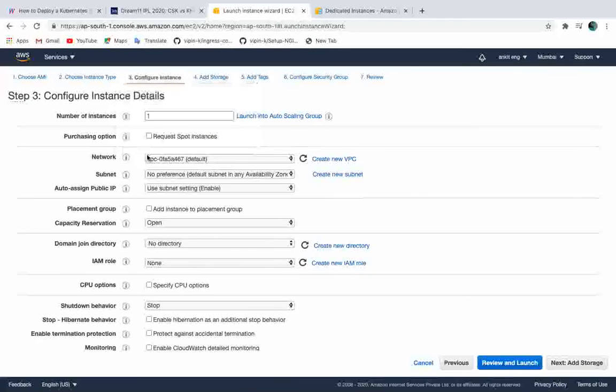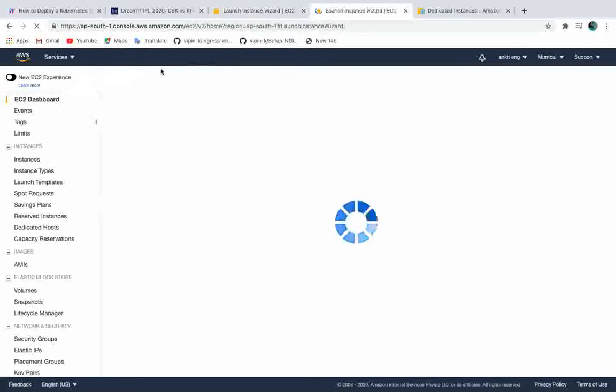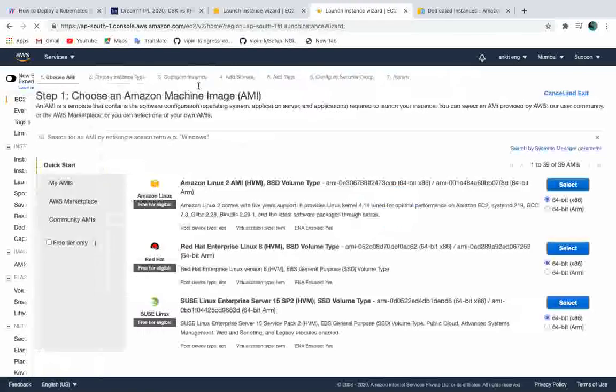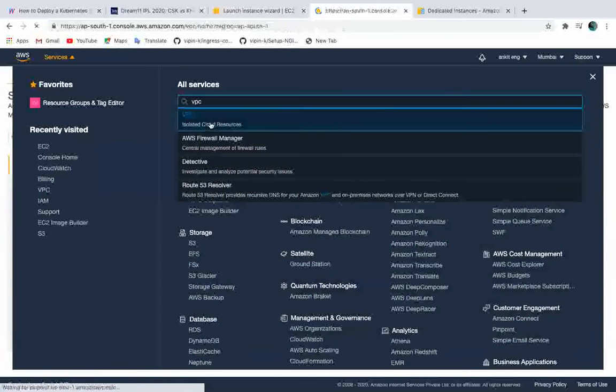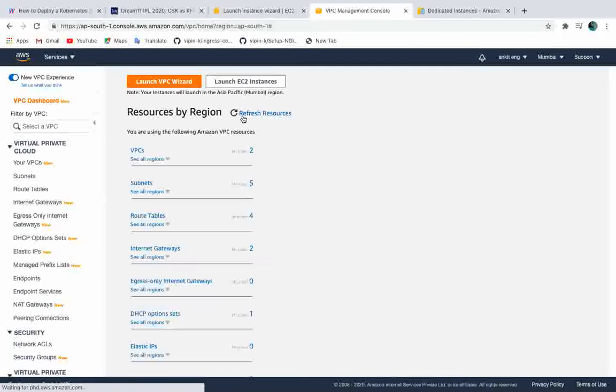Here there's a network. Guys, when you are launching any server, you will launch it in a particular network. AWS gives a VPC. You will not create any VPC; AWS by default will create your own default VPC. If you want to see, I'll show you. Just click here and search for VPC. VPC means where you are going to launch your AWS resources, your AWS databases, your AWS servers.